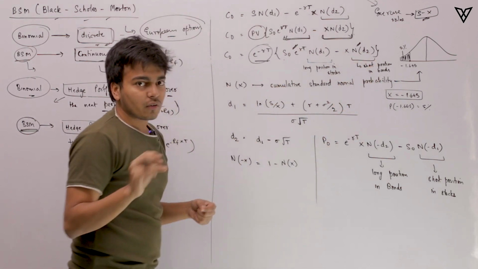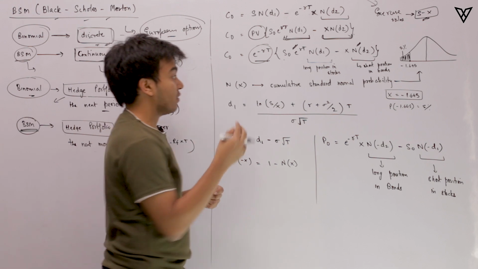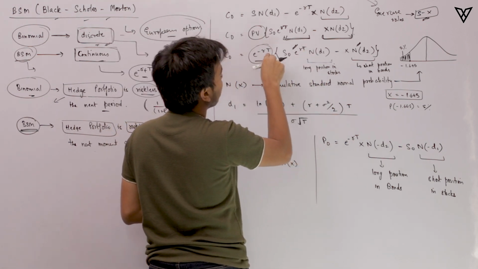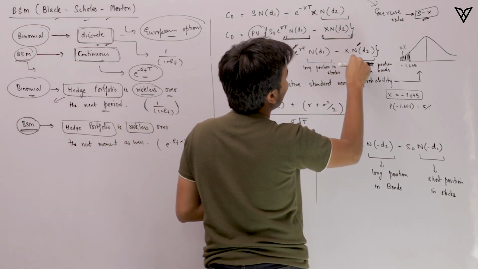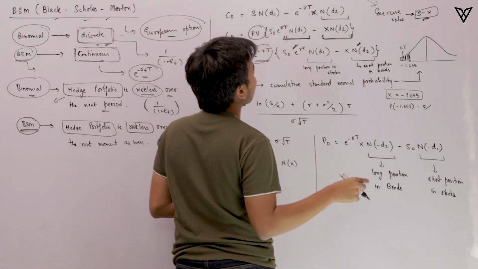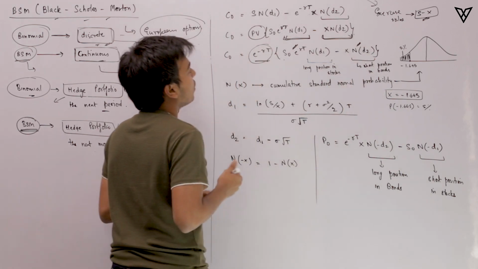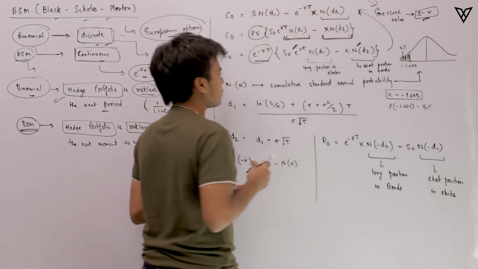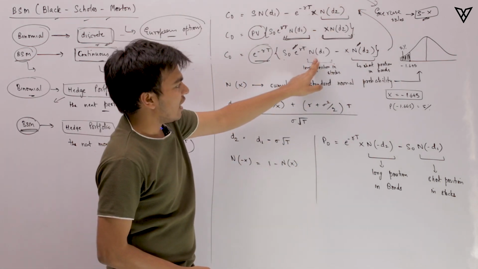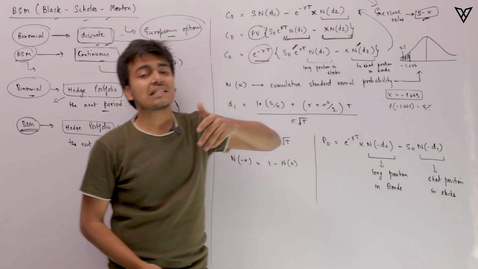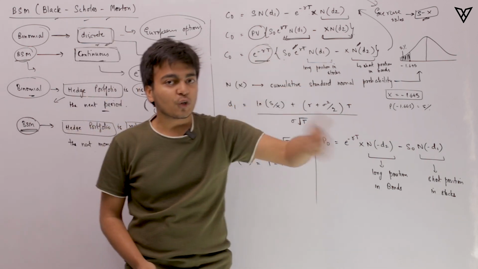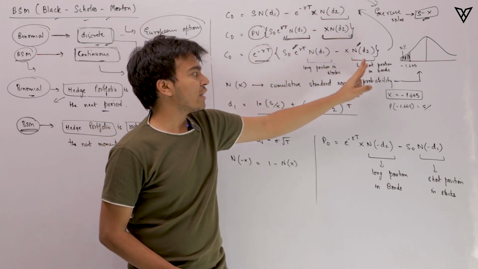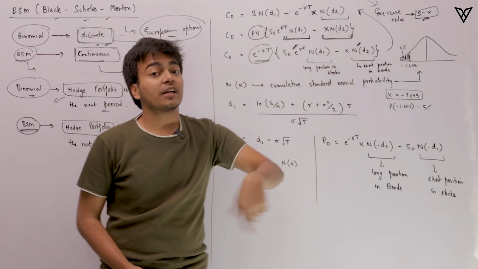Alright, please make sure that you are making notes along with what I am saying, because this could become a little tricky. So again, this bit e to the power RT and e to the power minus RT gets cancelled out. And in this bit, X into N(d2) into e to the power minus RT is something that we'll have here. Alright, and that is how, once you do that, you'll arrive at this particular formula of ours. So basically this N(d1) that we have, or this N(d2) that we have, tells us what kind of positions or how much long positions you need to take in stocks, and at the very same time N(d2) tells you what kind of short positions you need to take in bonds.